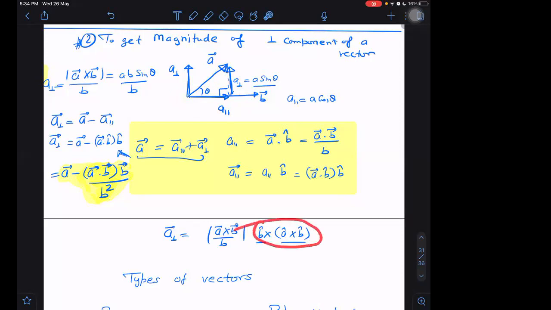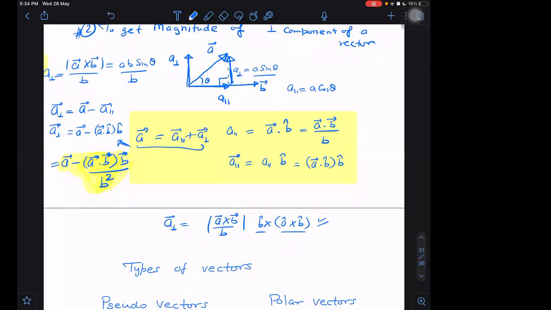Exactly. Now we are getting that direction just by taking only the cross product, without even using the dot product. It is not that we cannot get the answer by taking the cross product. Yes. B cap cross (A cap cross B bar) equals minus of (A cap cross B bar) cross B bar. Say it, I have to write it down. I'm not able to follow. Say what you are saying.